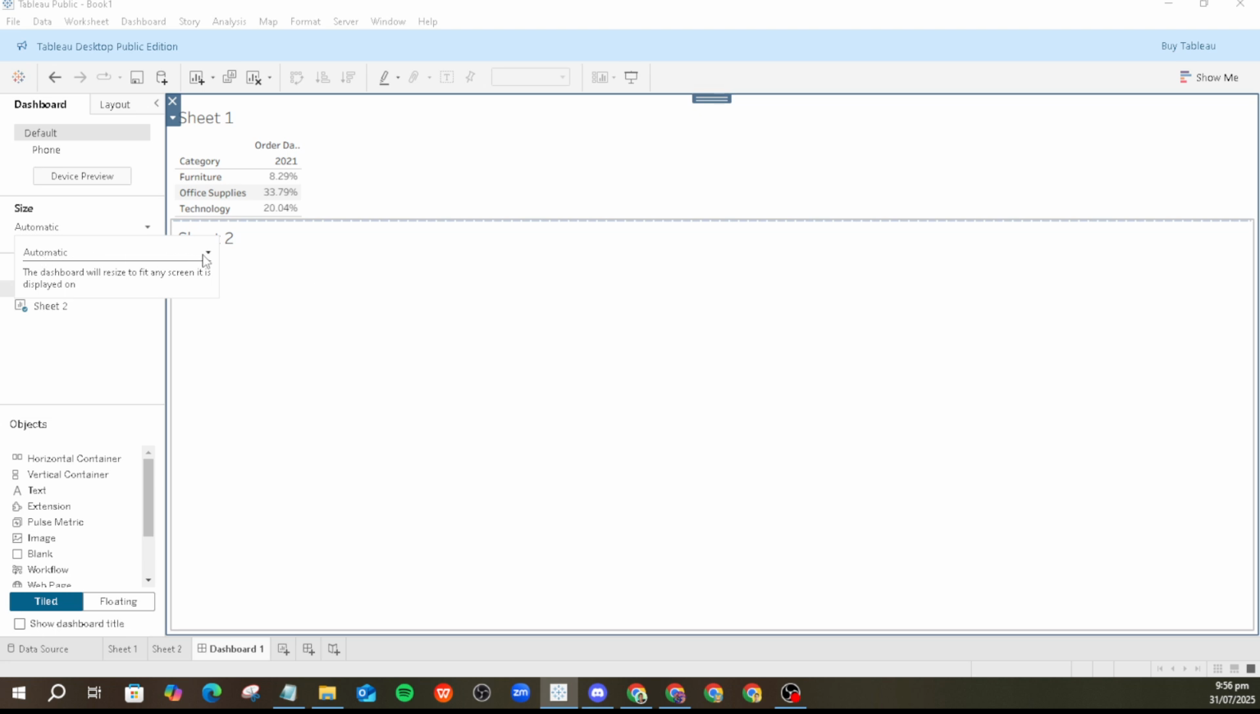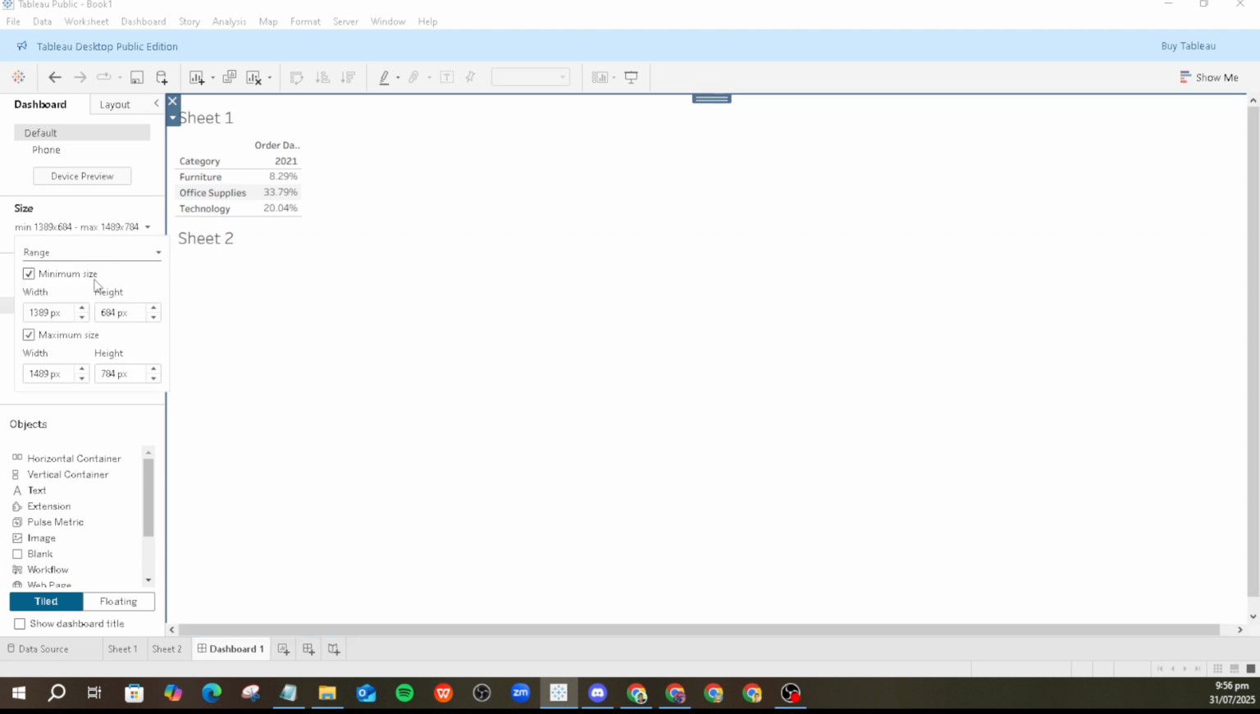For more controlled flexibility, there's the range option, which lets you define a min and max size for your dashboard. This can be helpful when you know the range of screen sizes your dashboard will be viewed on. If you want precisely tailored dimensions, the custom option is your best friend. It allows you to manually input the exact width and height in pixels, giving you total control over the display